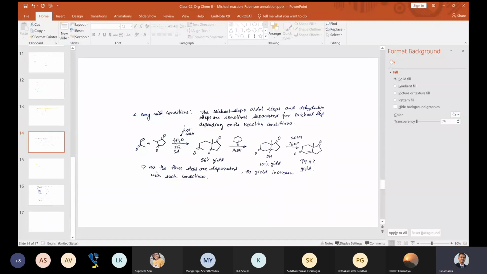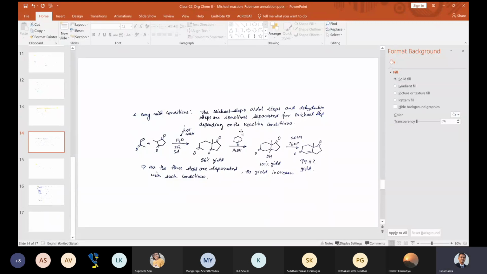For example, if you take these two compounds, here the first step would take place in just water medium. We have already seen this reaction before. So this picks up this proton from here. It takes 5 days, and it could lead to this product.